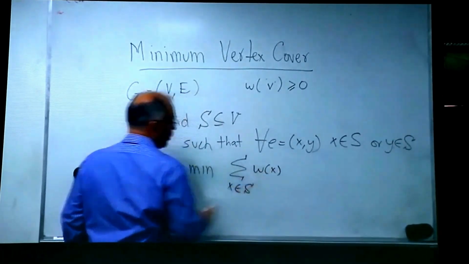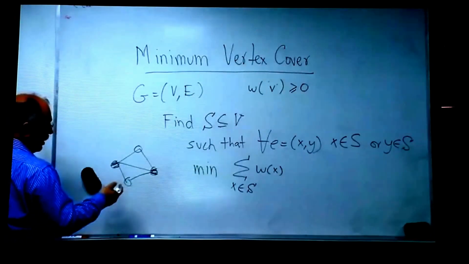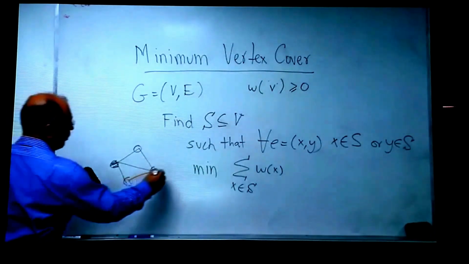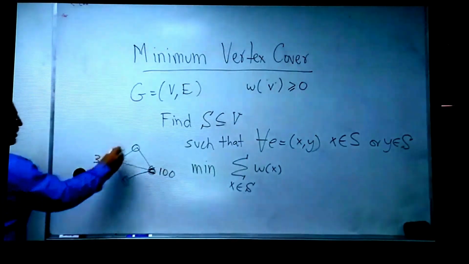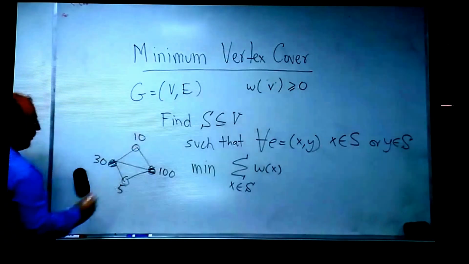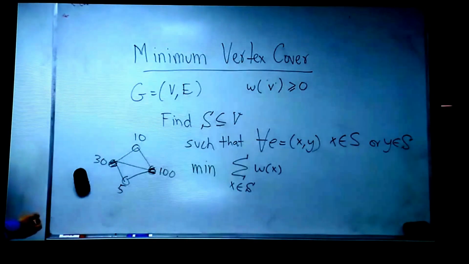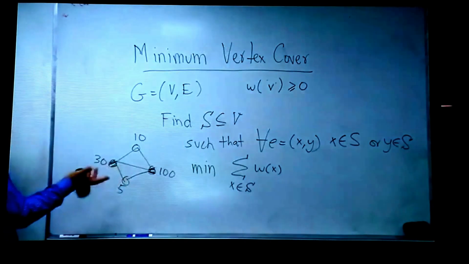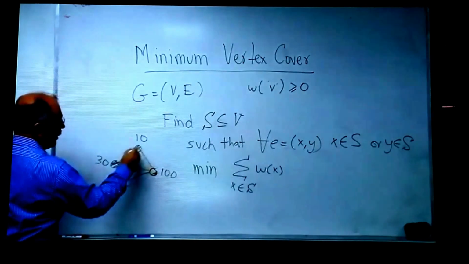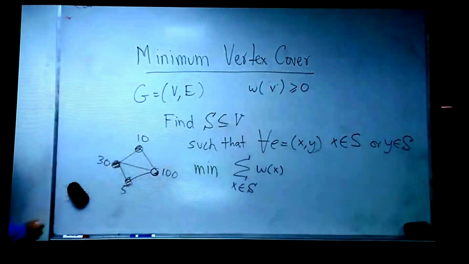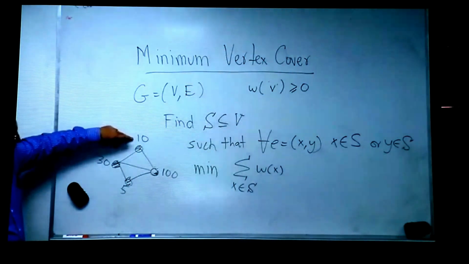So, for example, in that case, it's possible, let's say this node is very expensive, maybe has cost 100, this node has cost 30, this node has cost 10, this node has cost 5, that maybe the minimum weighted set of vertices has 3 nodes in it. I will drop this one because that's too expensive, has cost 100, and include these two. So this could be, for example, a vertex cover of cost 30 plus 10, which is 40,